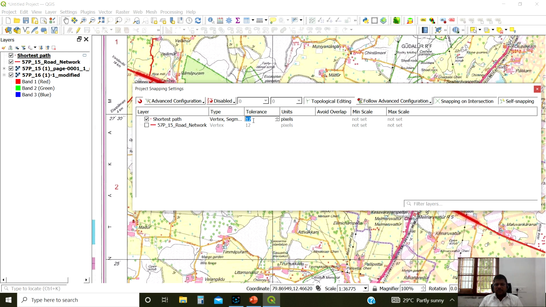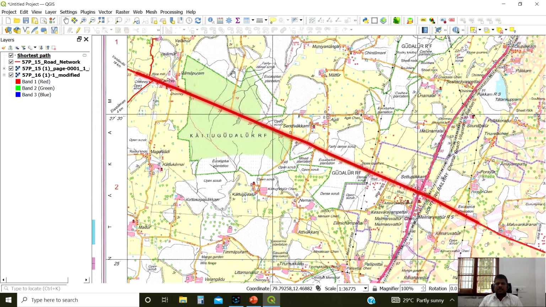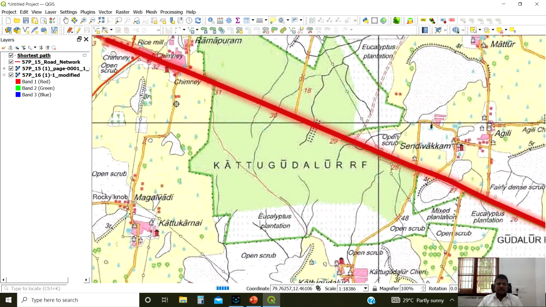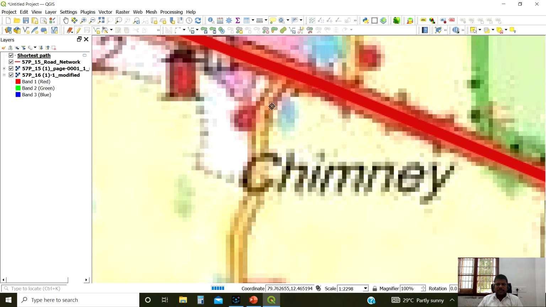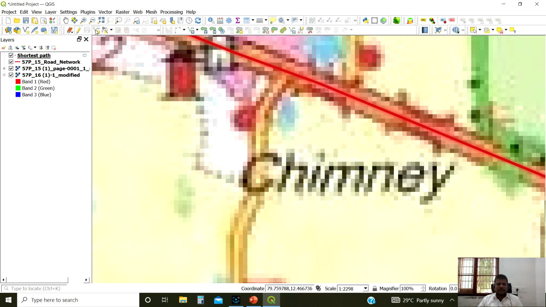We can change this value to 15 pixels. Otherwise we can set the map unit also, but that is a little bit complicated. We can use 15 pixels like that. Now if I want to digitize, I can select, and immediately the system is asking where I should start.